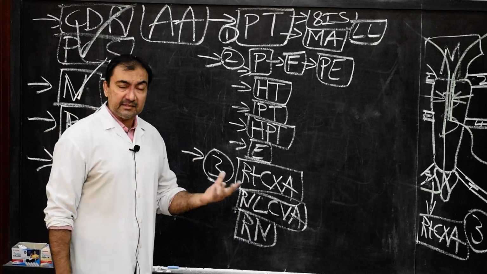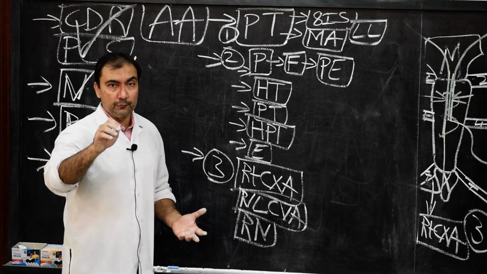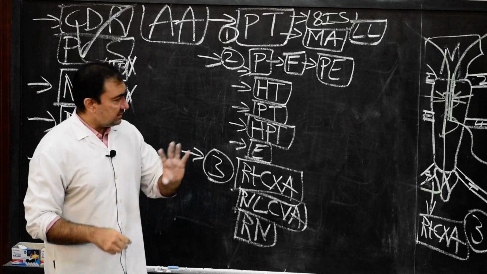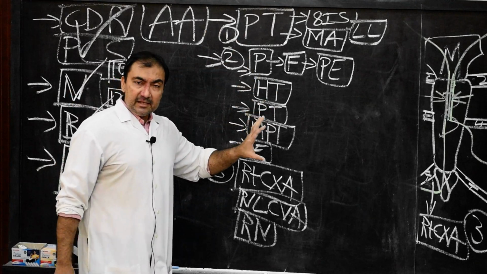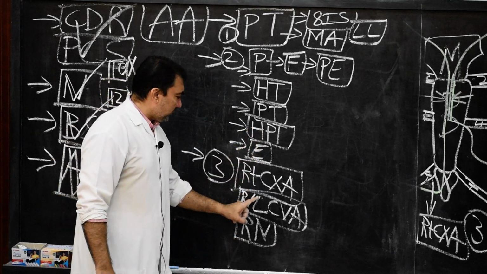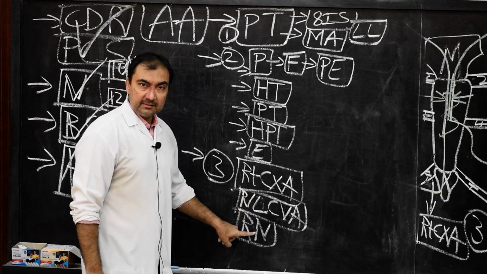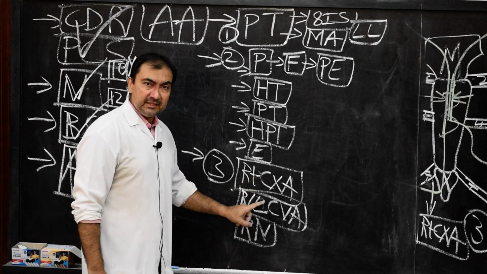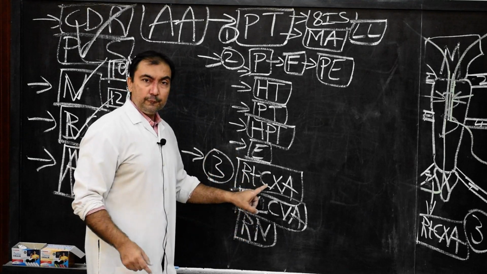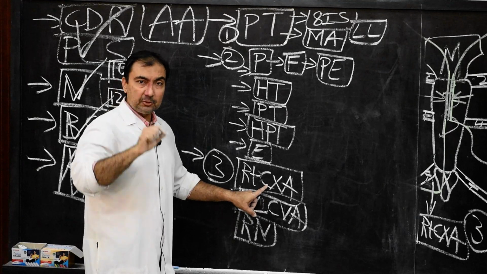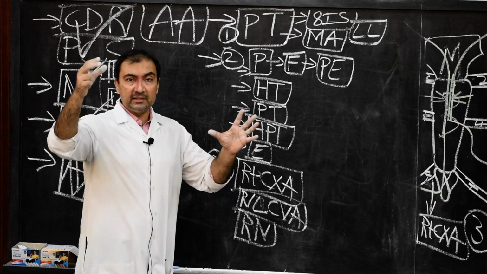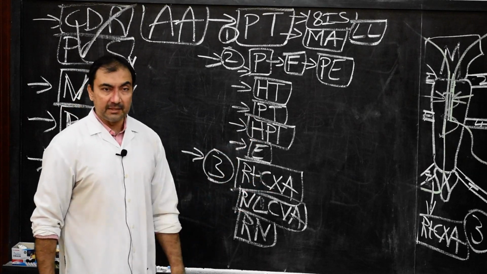Therefore, during any surgical procedure, the surgeon has to be careful not to damage the pleura. Remember, during any surgical procedure involving the thoracic cage, thoracic cavity or the pleura, there are every chance of the pleura being damaged in these three places. These three places are very important for any surgeon operating around the pleura or within the thoracic cavity, because these are the three places where the pleura goes beyond the thoracic cage. That is point number 3.